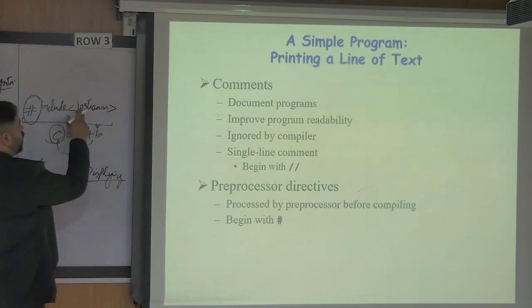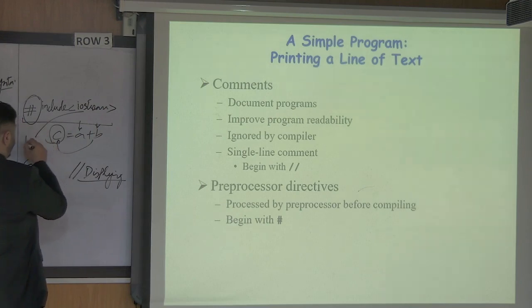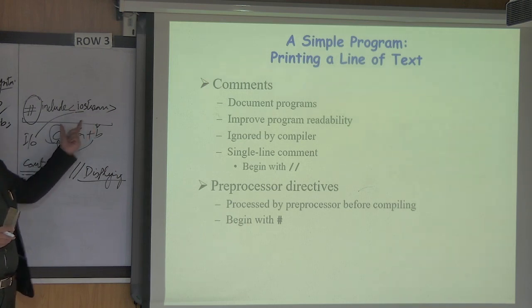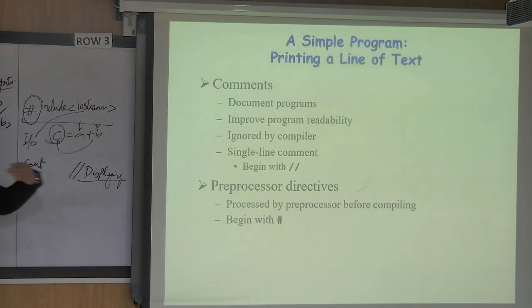Iostream, input output stream, because we are discussing IO. इस हेड फाइल में, इस फाइल में cout cin की पूरी प्रोग्रामिंग हुई है. So if you are not making that file part of your program, it will definitely generate errors. Because over here we are just using the keywords. Again, keywords are